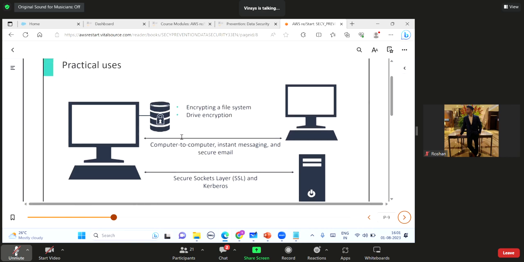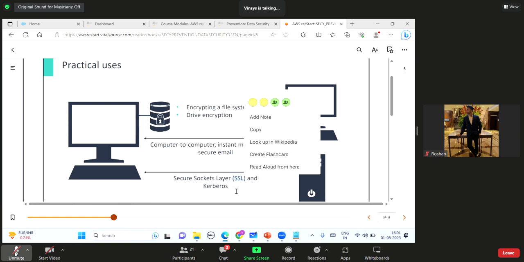These two methods are used for encryption in transit. But encryption can also be used to protect data which is at rest. So it protects your data at rest and your data in transit.